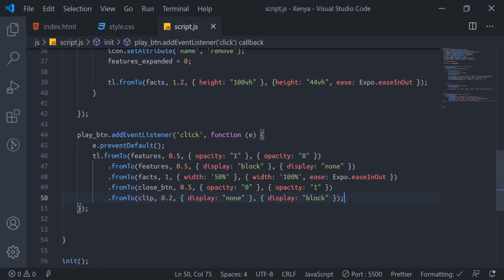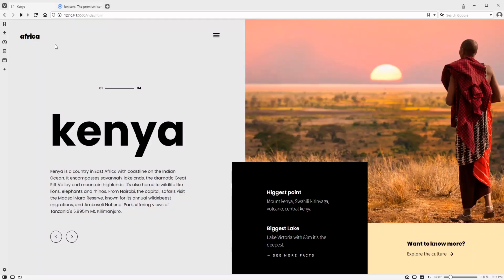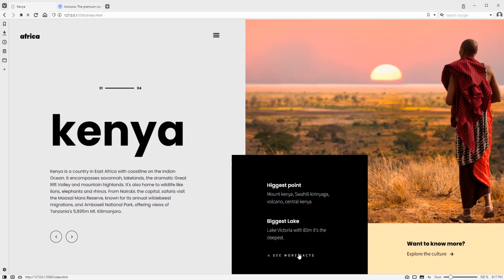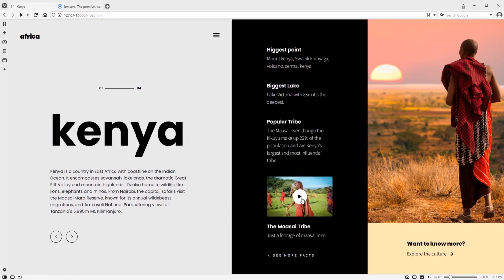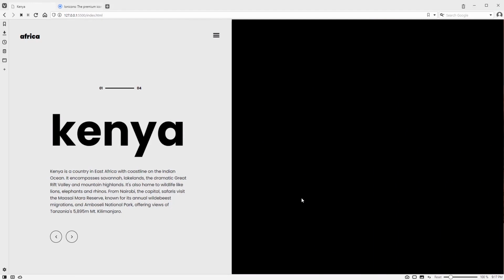So I'll take this one to the top, bring this one down. Then I refresh, click here. Okay, I said it's supposed to come out, but this one came up; it's not supposed to show yet.